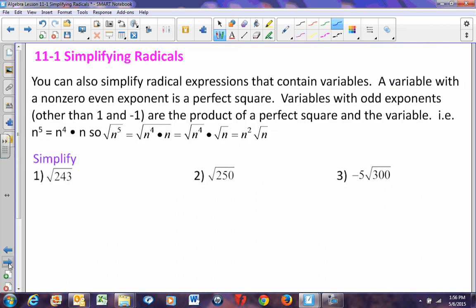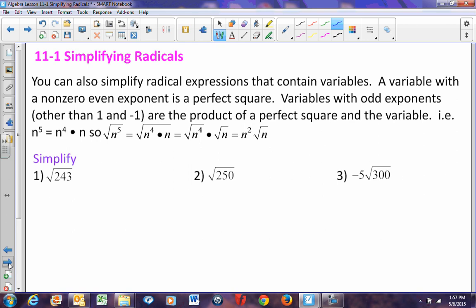You can also simplify radical expressions that contain variables. A variable with a non-zero even exponent is a perfect square. So any variable to the second power, fourth power, sixth power, eighth power, 10th power, 12th power, etc. is a perfect square. Variables with odd exponents other than 1 and negative 1 are products of a perfect square